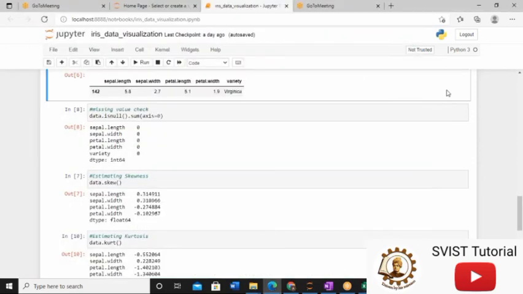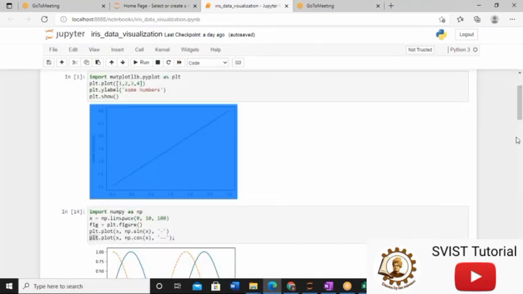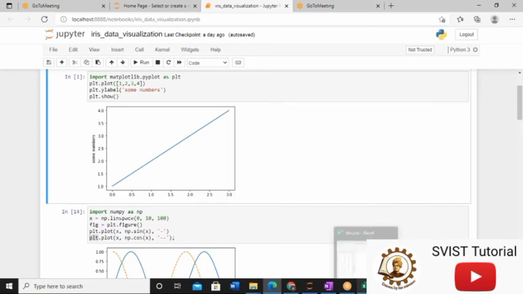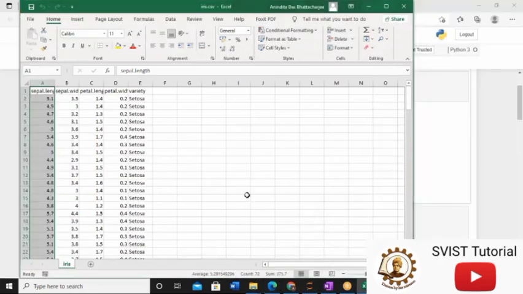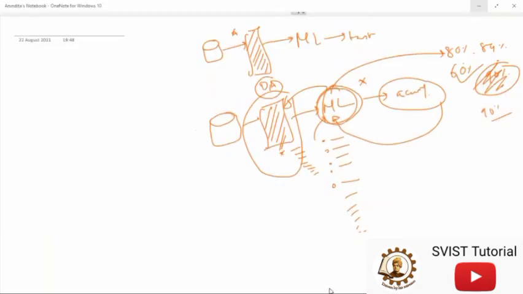So it is my intention that whichever changes I am doing or whichever statistical analysis I am making on this data set, it does not imply that I am changing this one. No, it will remain as it is. You cannot change the source. Don't do that. Because if you change the source, then how could you analyze? So I'm giving you one example.